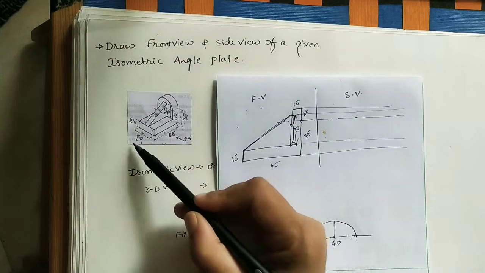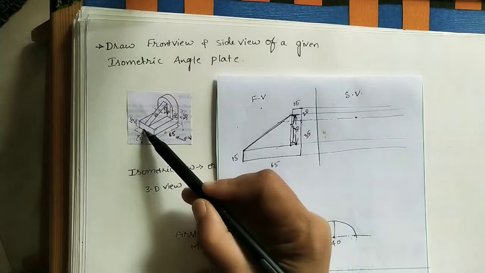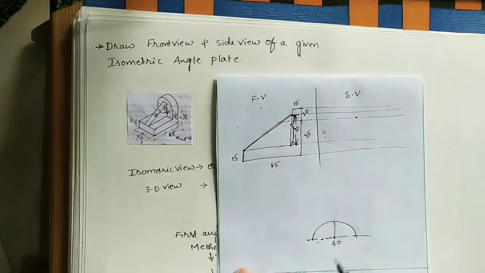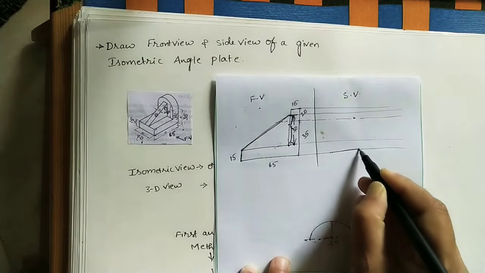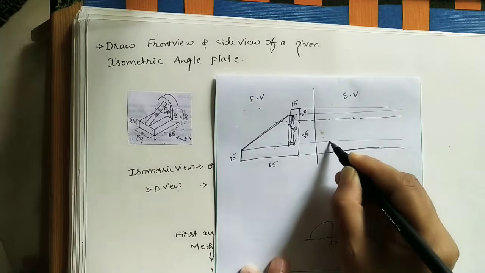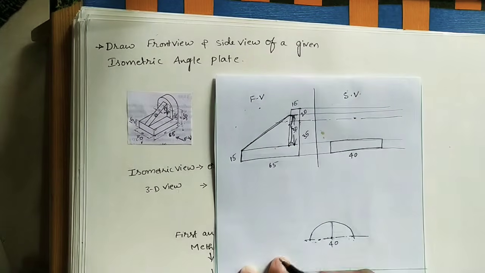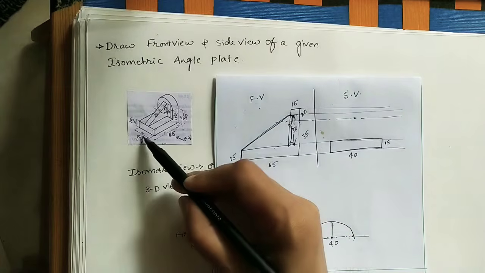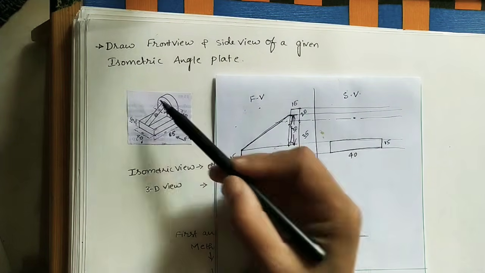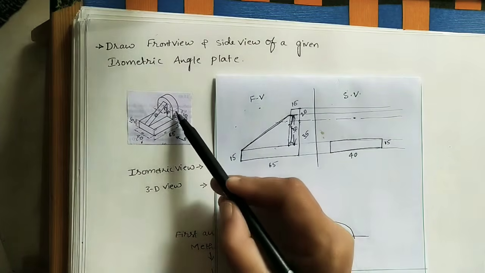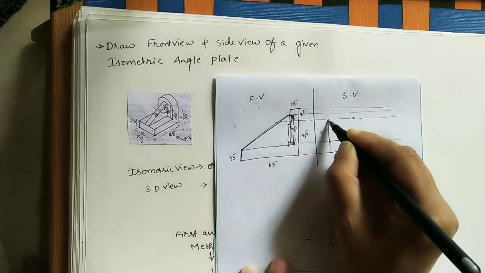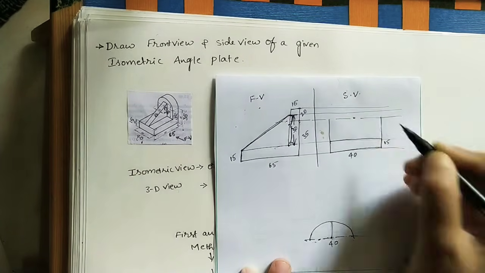If you see from this direction for the side view, we can see this box. What are the dimensions of the box? 40 by 15. So the main line is this line. On it take 40 mm. The 15 projector line we already took here. Just do one box and make it dark. This is 15, 40 by 15, one box. After that, we can see this height also up to the axis line, the entire height on both sides. Now extend the lines up to this axis line like this.